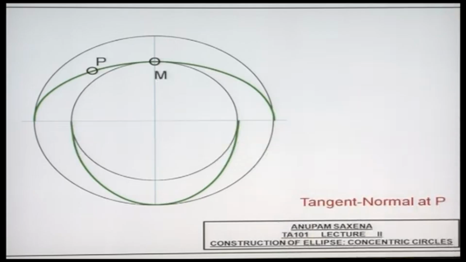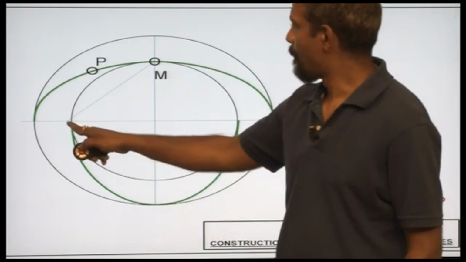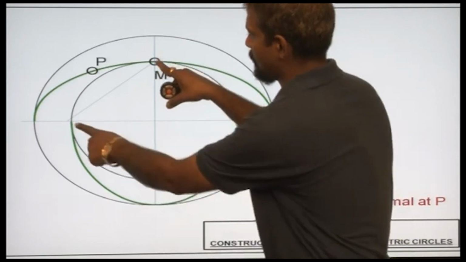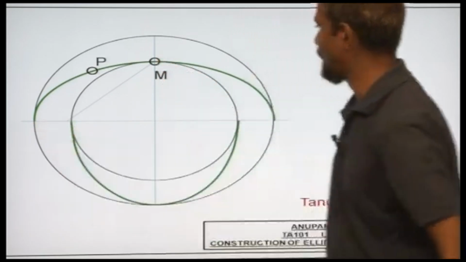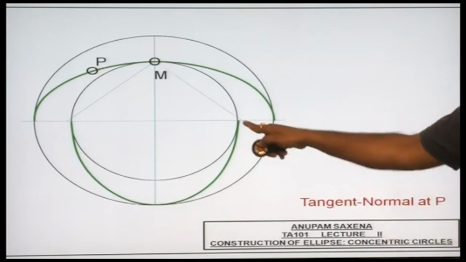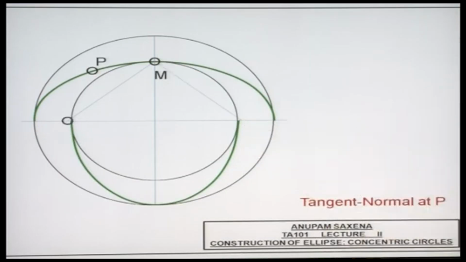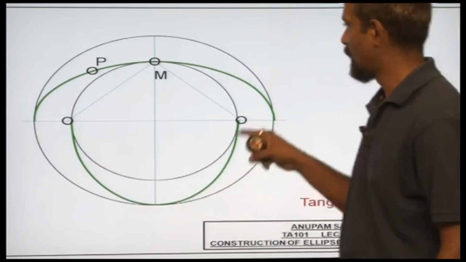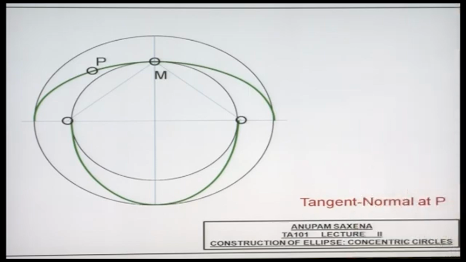This point being M. I'll mark a point over here. So this distance is half the major axis, and I'll also mark a point on the other side of the major axis. So these two circles would represent the two foci of the ellipse,